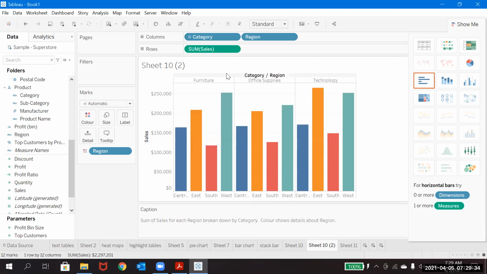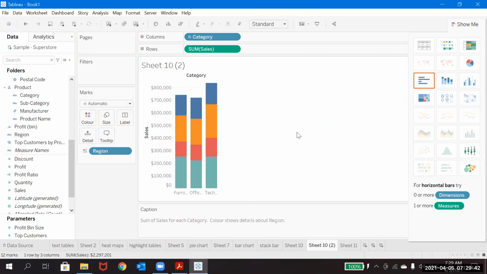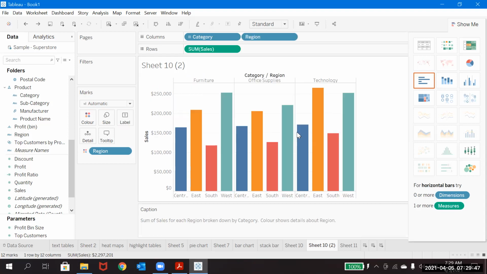side by side. It means that furniture and office supplies, if you remove the region, it will just show the normal graph. But if I add the region there, then for each and every furniture the region wise breakup is coming, and at the same time with respect to category.